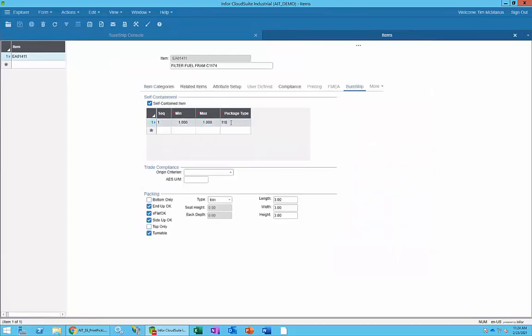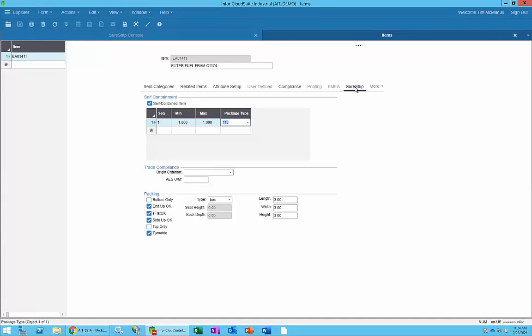item, it goes in a package. Okay, it's self-contained, so you can define the package type, which has the dimensions and tare weight and all that stuff. If you had maybe 4 packs, things like that, there are rules that you could do that as well. In this particular case, this is just 1 per package. And if you notice down here a little bit, this is some of our stuff for the